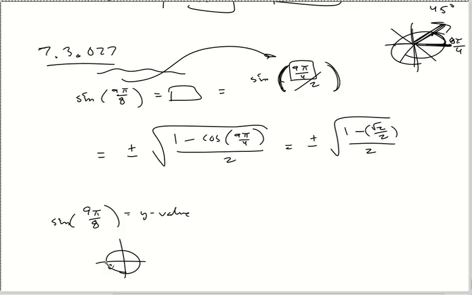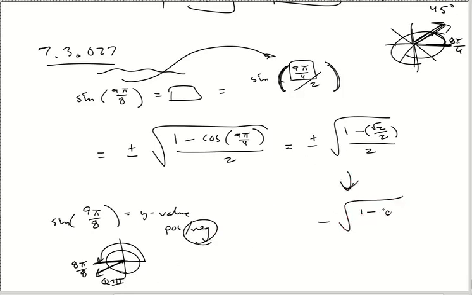Well, 9 pi over 8, again, that's 180, right? That's 8 pi over 8, again, just pi, basically, right? They just cancel. And so 9 pi over 8 is a little bit more than that right there. We're going to be in quadrant 3. Are my y values in quadrant 3 positive or negative? They're negative. So you know that the answer for sure is going to be a negative square root of, well,